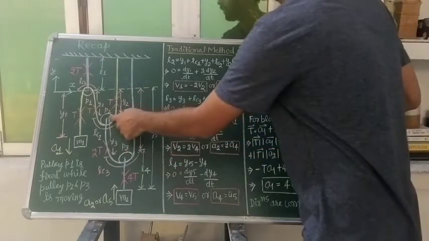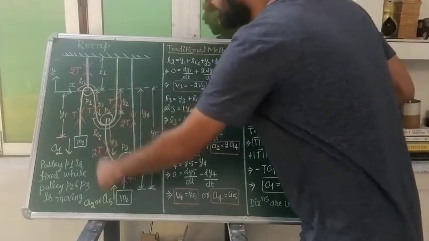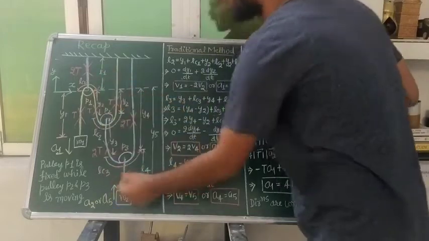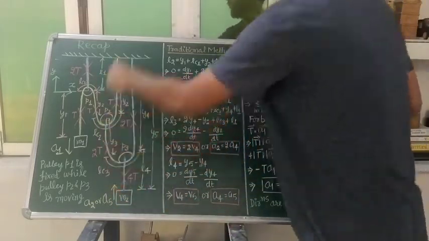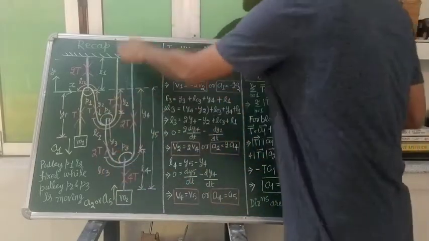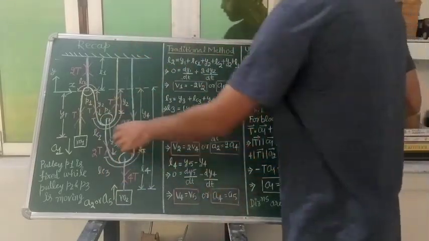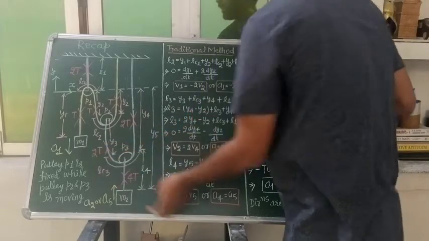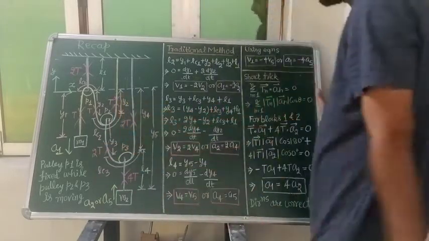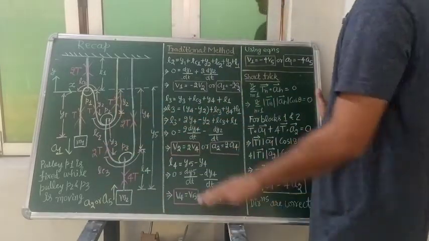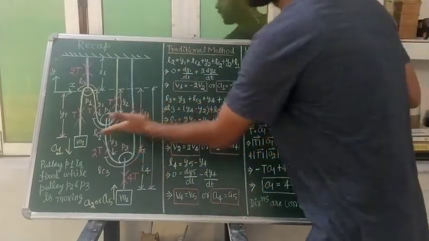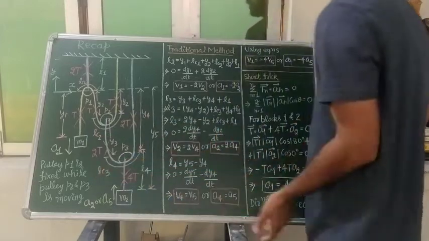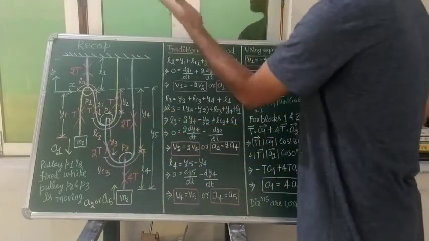So for the object of interest, this pulley P2, the 2T is acting on the downward side. For the object of interest, this pulley P3, 2T is acting upside, and it is the same string we are talking about, student. That is why whatever tension is present here, the same will be the tension here. When we draw the free body diagram of this pulley P3, we will cut this string from here, we will cut this string from here. 2T and 2T is acting upside.